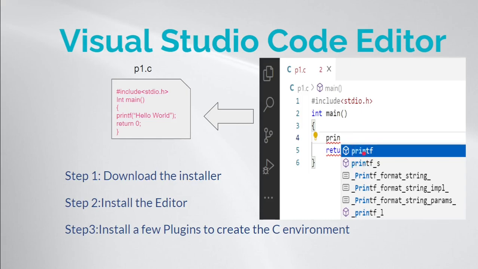It will suggest what could be the possible word that you might be typing. So it means this Visual Studio Code Editor, you can customize, or you can create the C environment inside it. When I say C environment, in the sense that